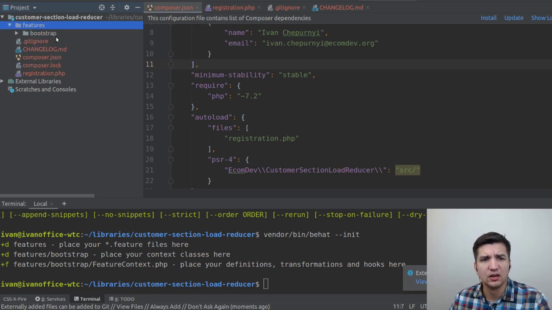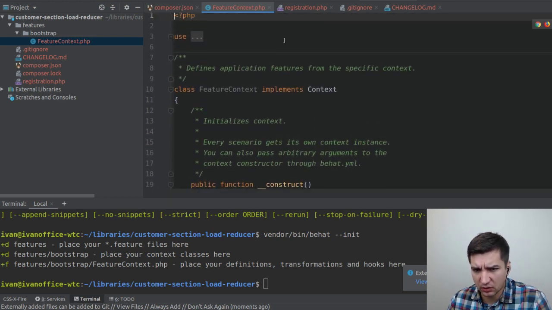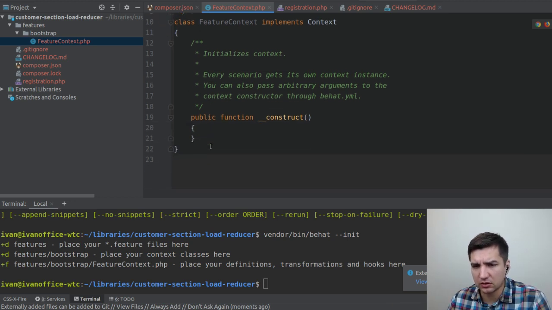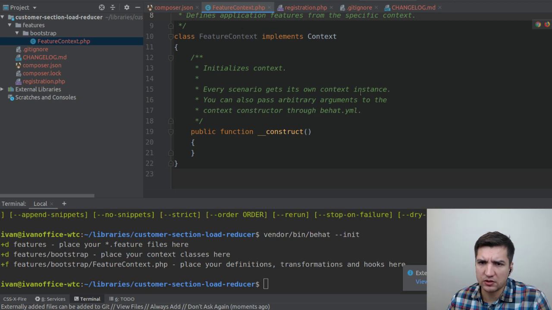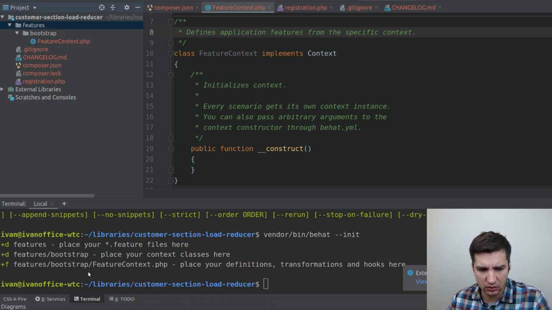So now we have this new folder here called bootstrap, and inside of this bootstrap we have our feature context. This feature context is a kind of class in which we're gonna store the PHP code that will later on resolve to the actual steps we're gonna provide in the actual features file. So I'm gonna mark this directory right away as the tests root,